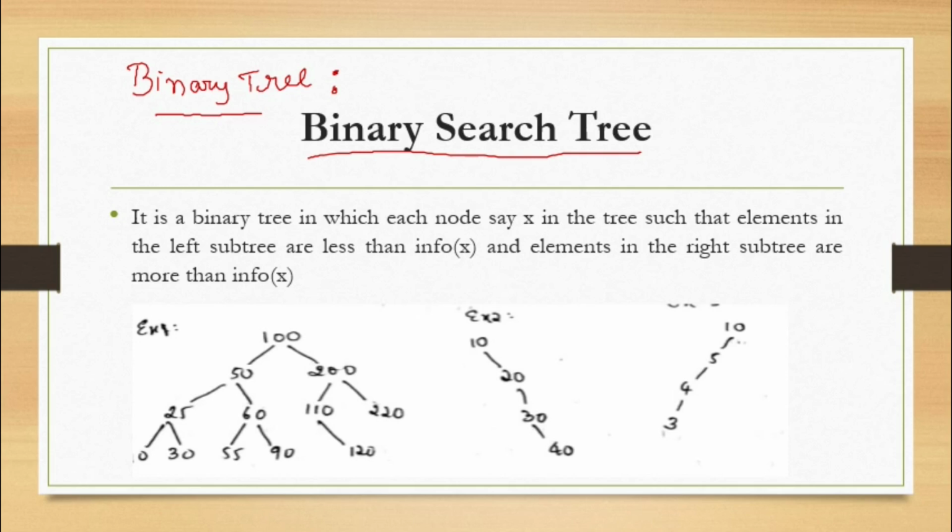Here we have an additional condition in the binary search tree, which tells us that the elements on the left side of the root should be smaller than the root, and elements on the right side should be greater than the root. So that is what the binary search tree tells. A binary search tree puts an additional condition over the binary tree. In a binary tree, there is no such condition.